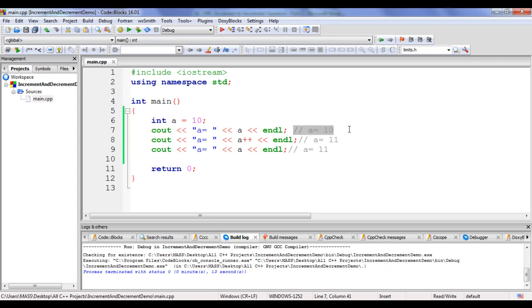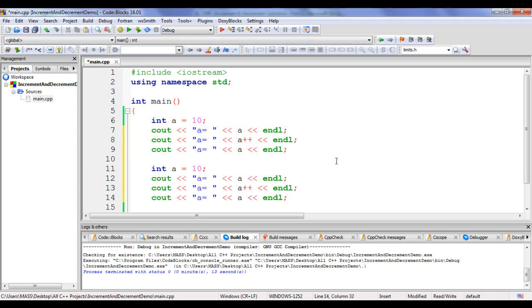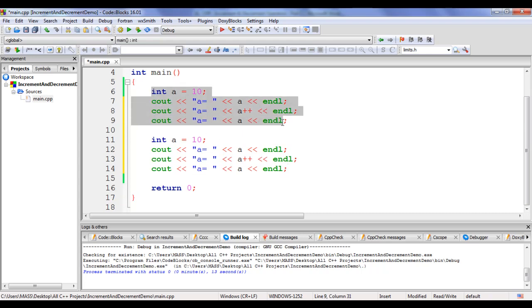I'm going to delete this comment. I delete this comment. I delete this comment. Let me copy this code from here and paste here, guys. I'm going to explain how this code is executed behind the scene using this code, guys. Here the value of a is 10. Of course, we see a equal to 10 displayed.